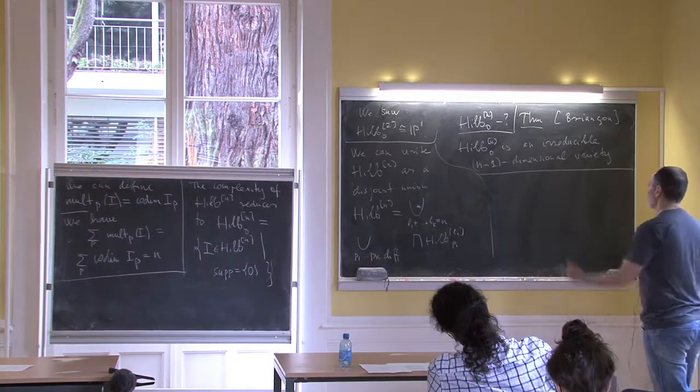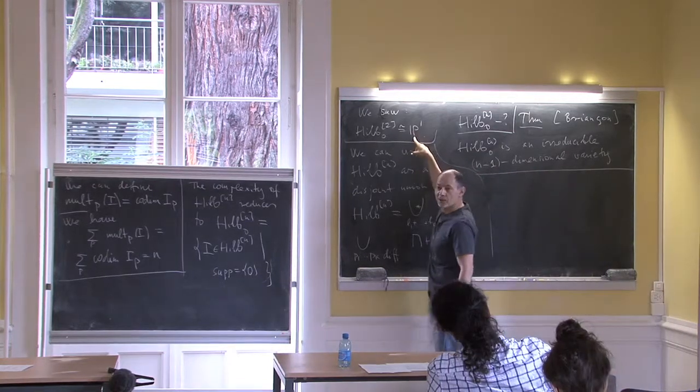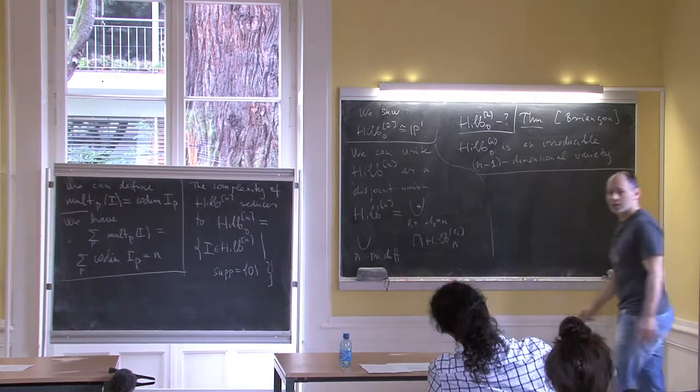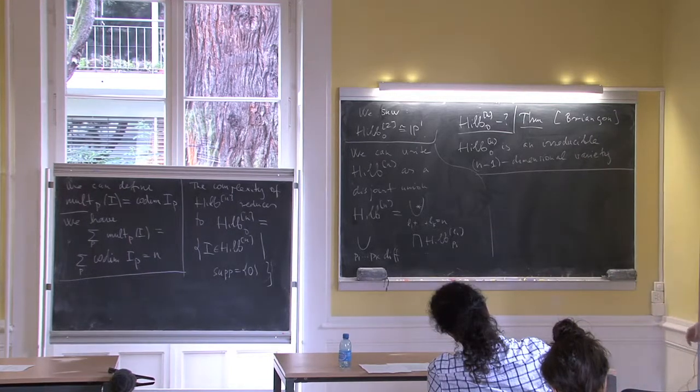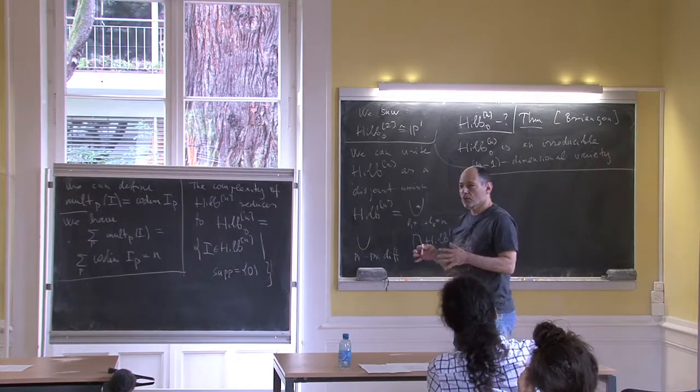Of course this is consistent with this because for n equal to 2, it's P1, an irreducible n-1 dimensional variety. The thing that is just slightly surprising is the following fact, if you take,